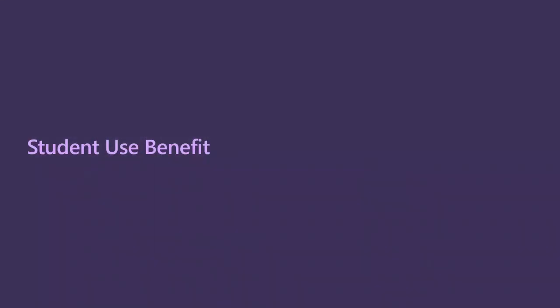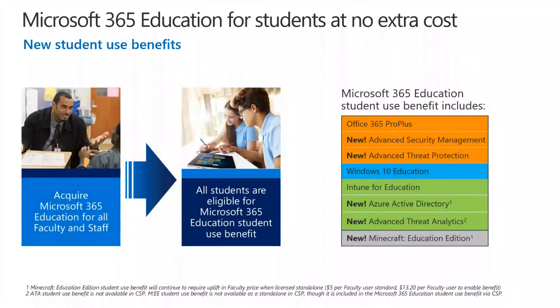I've spoken to you about student use benefit, and we already know that student use is available across all 3 of our licensing models, but let's have a look at what this really means. I've mentioned already that as soon as an A3 or A5 license is purchased for faculty or staff, it creates eligible licenses for the students. And the ratio of this is as follows. For every 1 A3 or A5 license, you receive 40 student use benefit licenses. Now, it's important that you order these at the point that you ask for them, because they need to then be applied to the admin center.